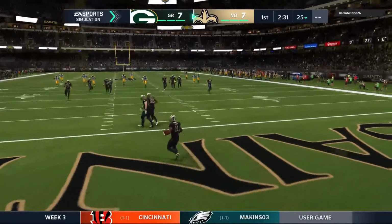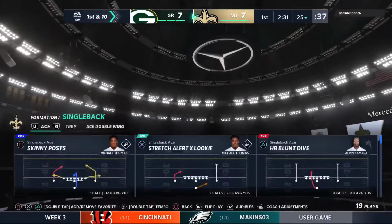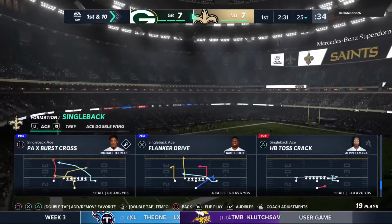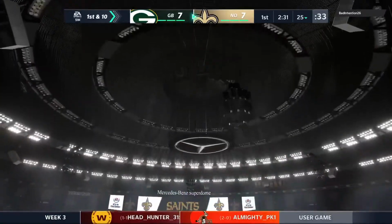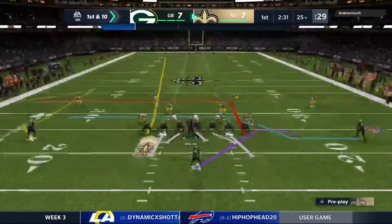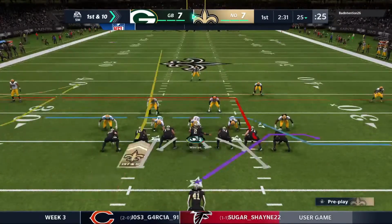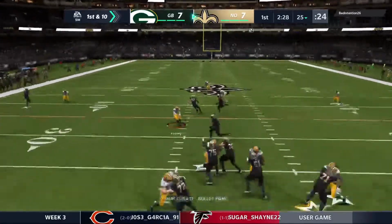And no return on this one as the fair catch is signaled for and taken. The Saints take over 1st and 10 at their own 25-yard line. The Saints offense on the field ready to get their drive started. And they're hoping to redo their efforts in the last drive when they got into the end zone. And just think of what it's like now on the sideline, because when you score a touchdown, you have to go over and look at the tablet and see what you...